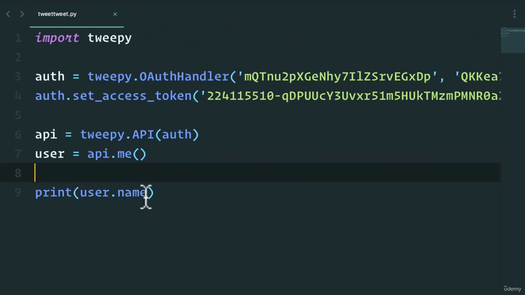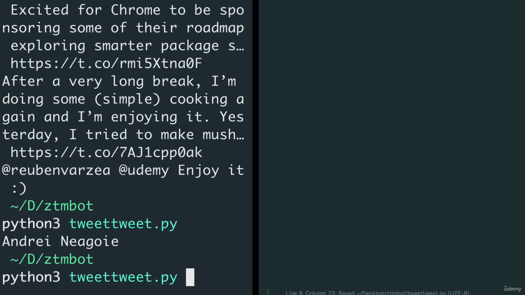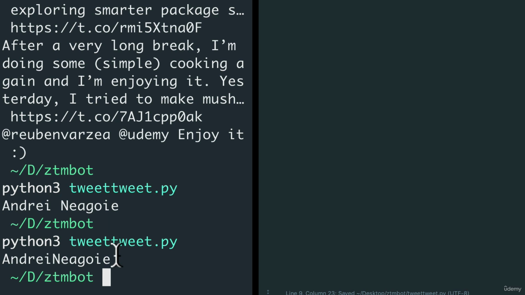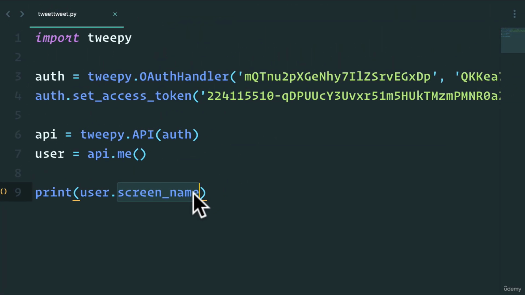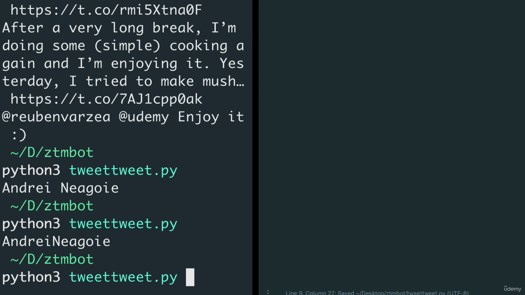That's my name. That's my Twitter username. Okay, what else do we have? We have the actual screen name, which will be my Twitter handle right here, Andre Nagoye with no spaces. And then, what else can we do? We can also do followers count. Again, these are all in the Tweepy API that you can check for yourself. If I do this,